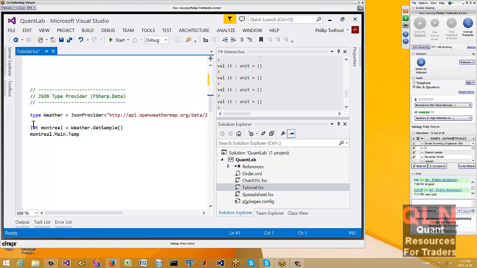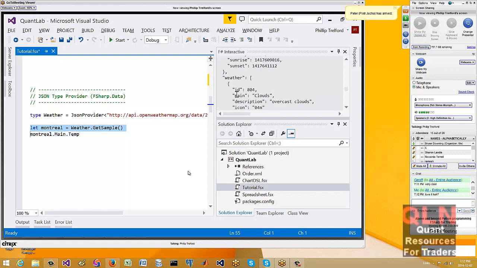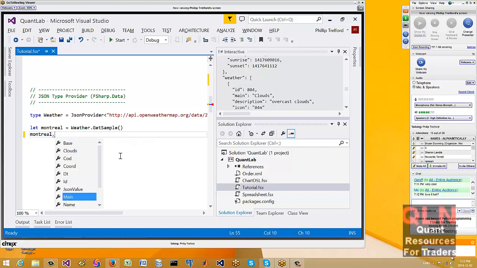We have with the World Bank a provided connection there, but we can connect literally to any JSON or XML web service pretty much instantly. So I'll just have a look at the weather, and we'll have a look at weather in a city near you. Let's have a look at Montreal. So I'll get the weather, and we've got all sorts of information already pulled in here in the JSON, but there's no need for us to write a parser for that. I can just look at Montreal, and this is the information available.